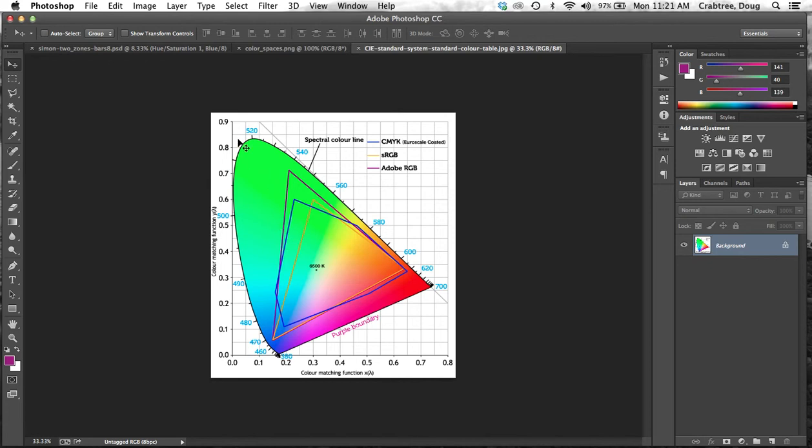We're the standards body that kind of keep the world's color sense on track. This is their model. CIE Lab Color is what they call this. It's the native color space of Photoshop and the Macintosh. And so this is everything we can see. These other diagrams are CMYK for a Euro scale coated type of CMYK. So this blue line shows the portion of visible light that can be reproduced with CMYK printing on coated stock